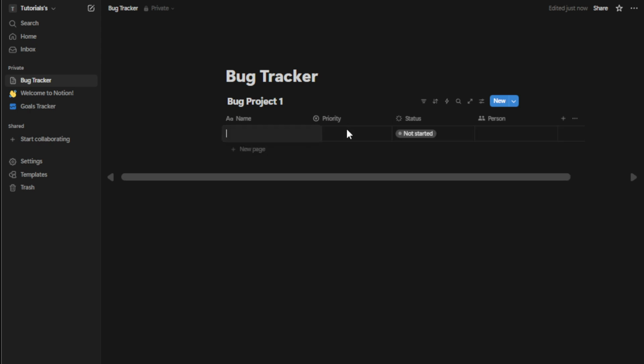As your bug tracker begins to take shape, it's crucial to implement filters that help you focus on the most pressing issues. In this case, you can set up filters to highlight urgent bugs effectively, ensuring they receive the attention they